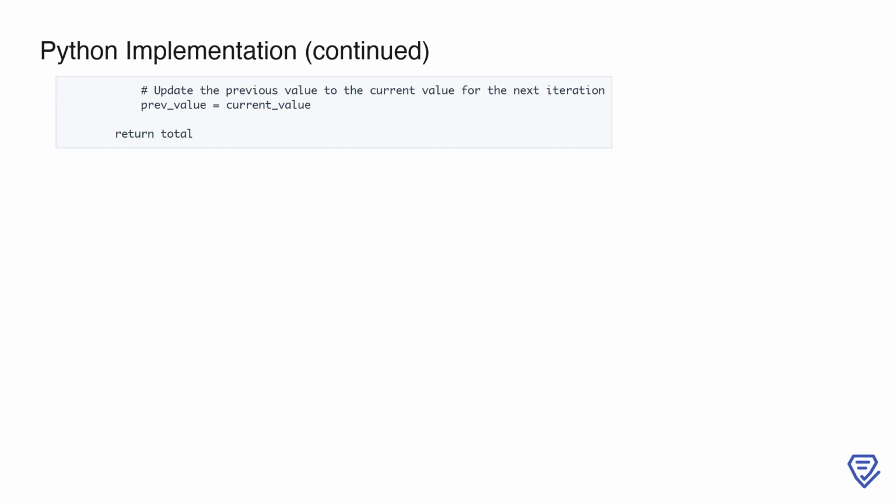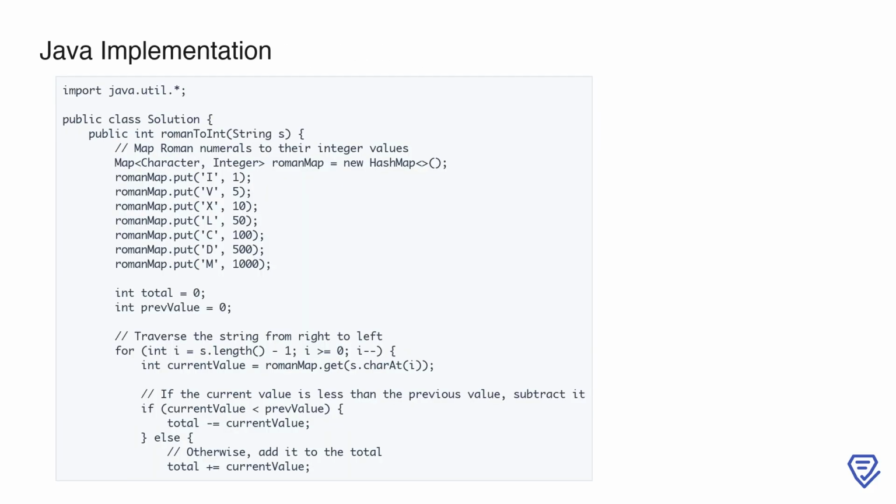This approach ensures an efficient solution with a time complexity of O(n), where n is the length of the input string. Here, we start by importing the necessary utilities and defining our solution class with the method Roman2int, which converts a Roman numeral string into its integer equivalent. To facilitate this conversion, we first create a hash map called RomanMap, where each Roman numeral character maps to its corresponding integer value. This includes I as 1, V as 5, X as 10, and so on, up to M,